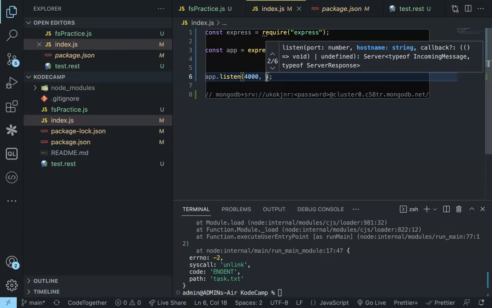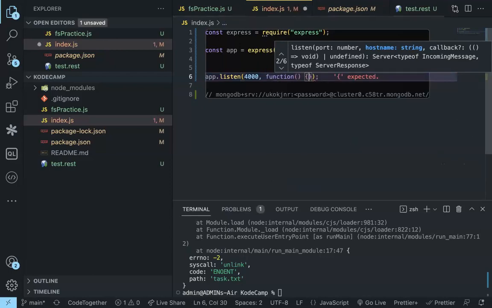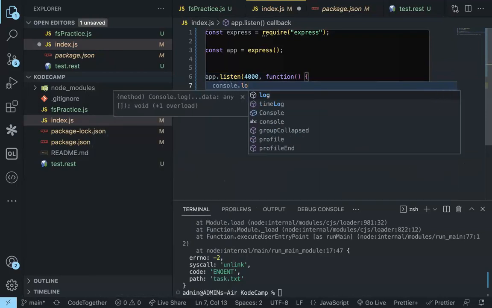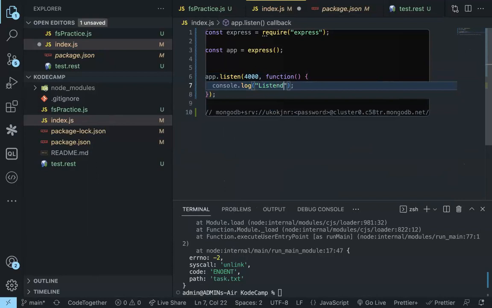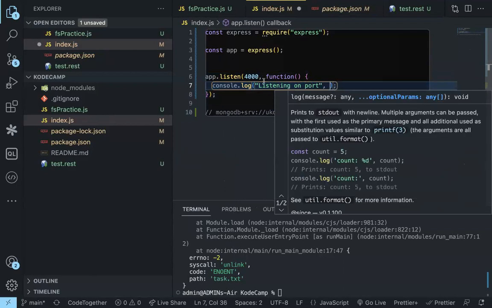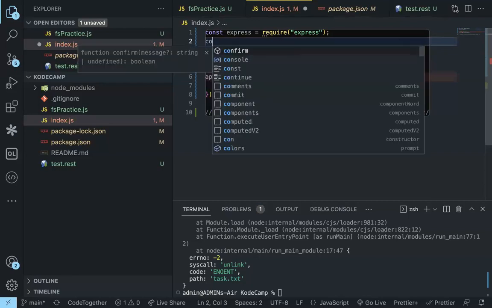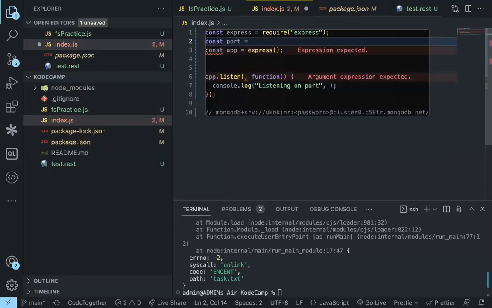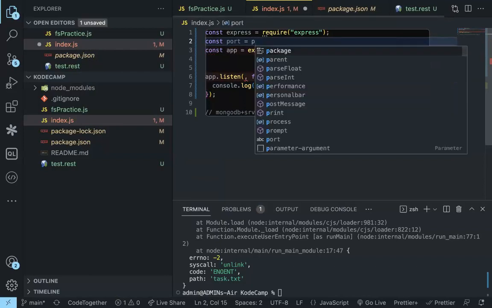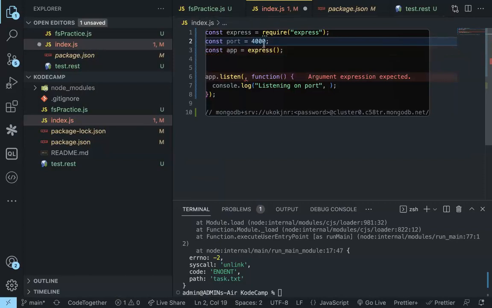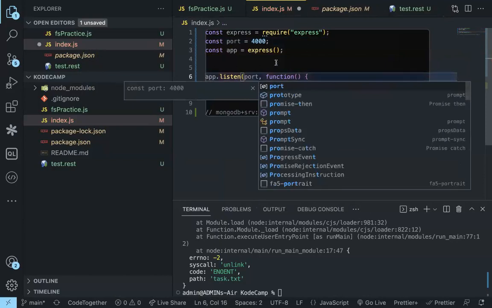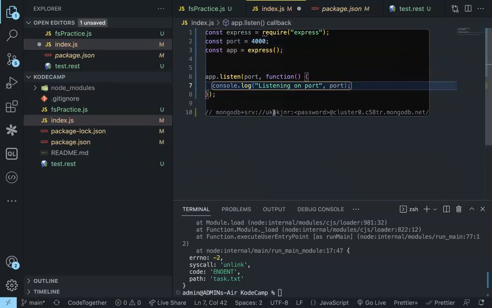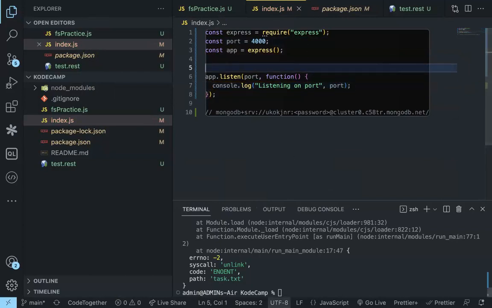Okay, so we'll say function. Okay, so instead of putting 4,000 here, I'll just say const port equals, okay, let me just say 4,000. Okay, now before you start